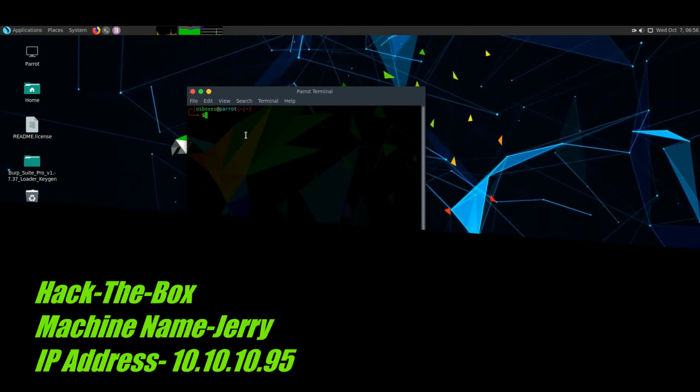Sandbox machine Cherry, IP address 10.10.10.95. So first we'll check its connection. Nmap for the port scanning, TCP port scanning.